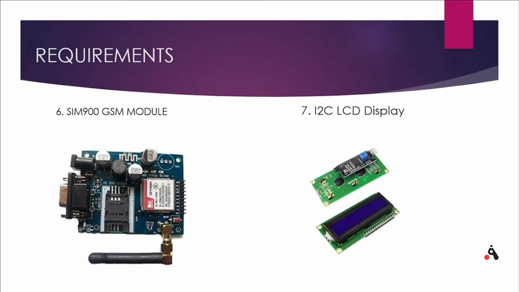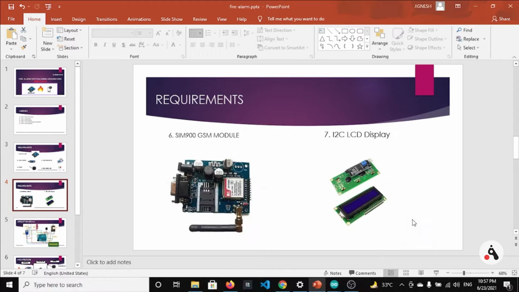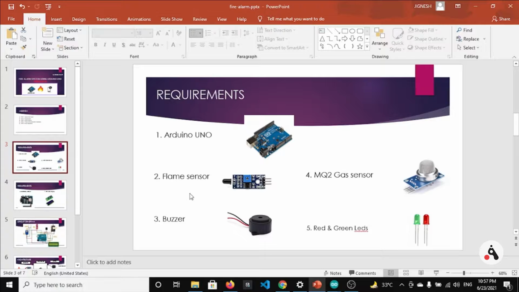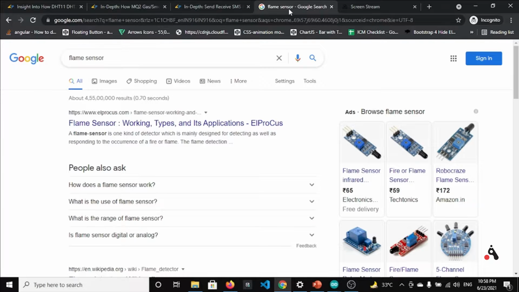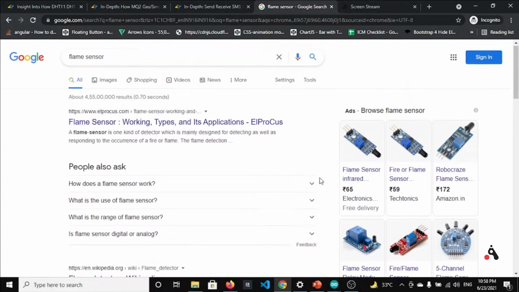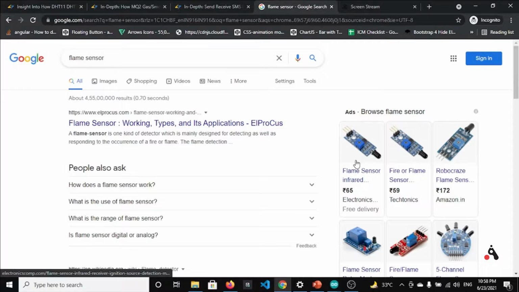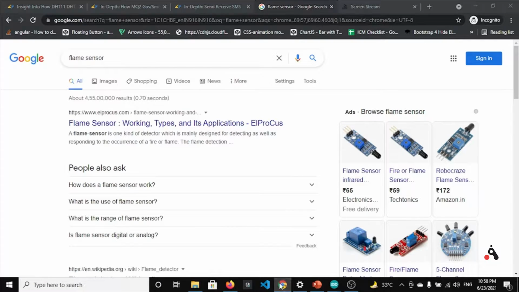So these are the 7 components needed in this project, and let me show you a few points about these sensors, starting with the flame sensor. It is a digital sensor, so we will get a value of high or low. You can see here that I have used this 3-pin flame sensor, in which the first pin is VCC, the next pin is ground, and the last pin is D0, which is the digital pin.